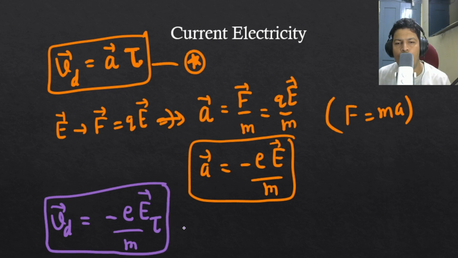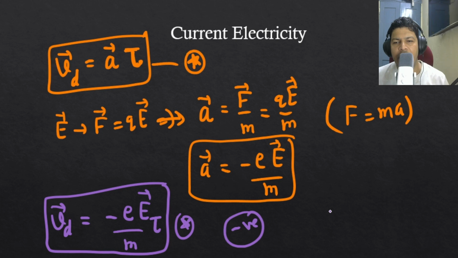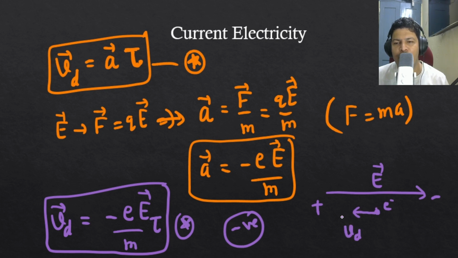Is that okay? Hopefully you understood this. This is a very important point. Now my question is, what is the importance of this negative sign? The negative sign suggests that if we apply an electric field in this direction, the electron will drift in the opposite direction to the electric field. Drift velocity will be opposite to the electric field. You can remember this derivation if you know the method. So just go for the method and then